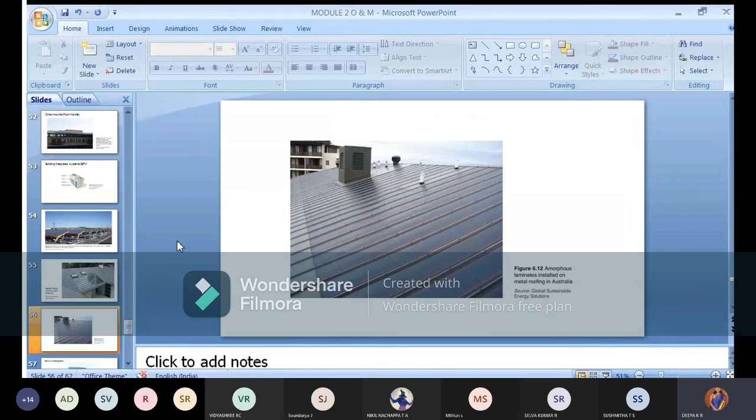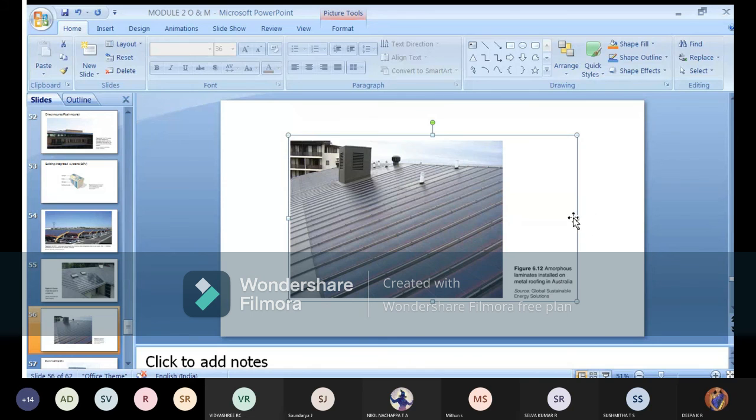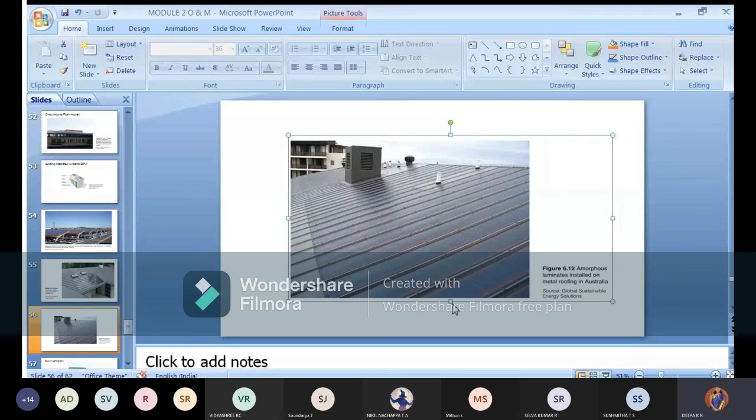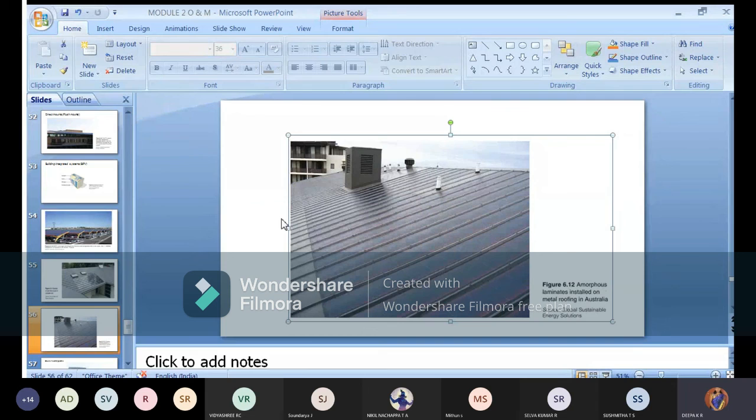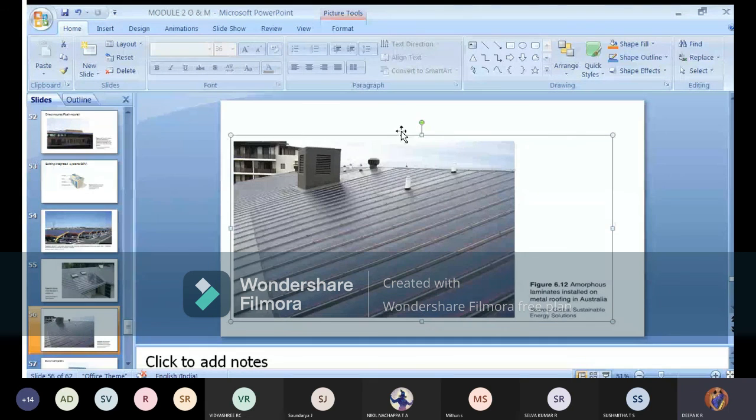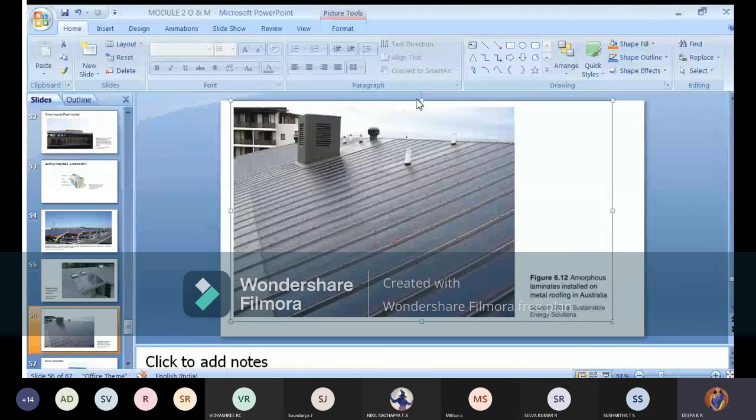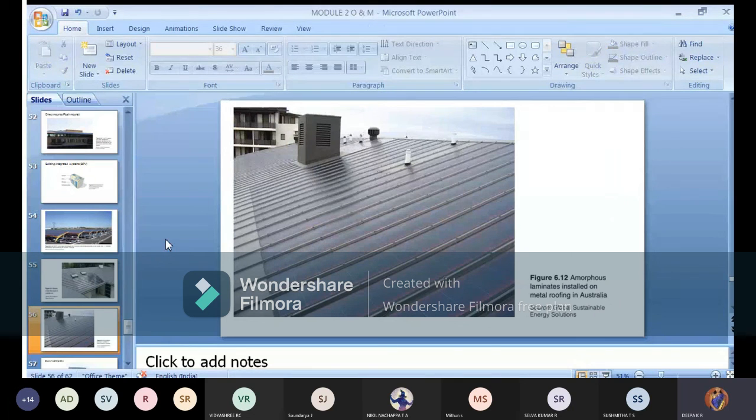Let us see if I have any pictures. I'll just show you. Yeah, this is also one of the kind. You can see amorphous installed. They're already installed and they're getting the output. This is how the amorphous type of system is done. As I said, long, narrow, and it can be metal shaped. So many things can be done here. Okay, these all come under roof type: pitched roof, tiled roof, metal roof. Then direct roofing and tilted roofing. These are all like roof systems.